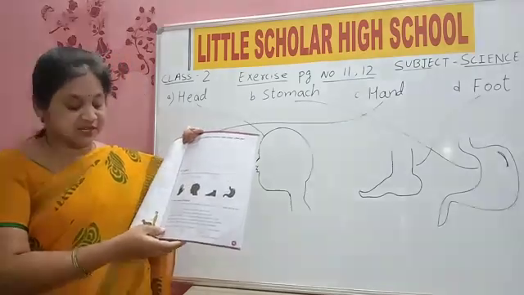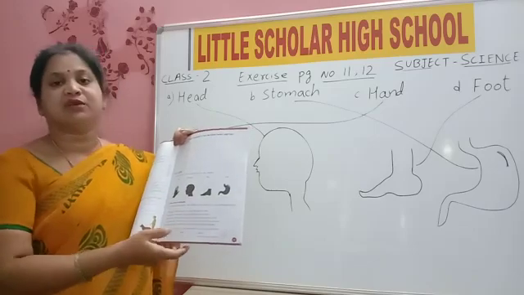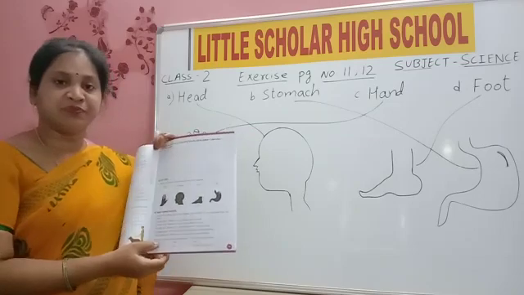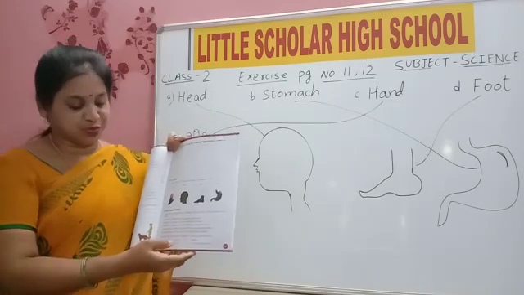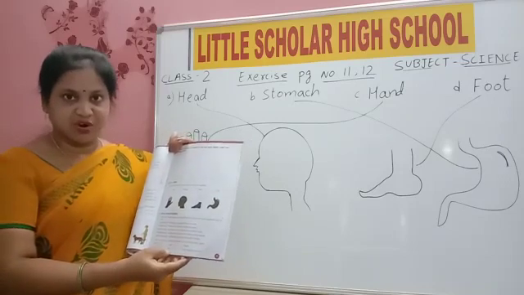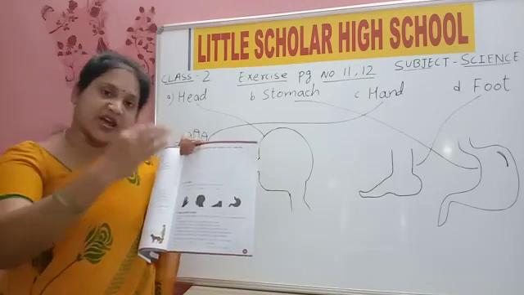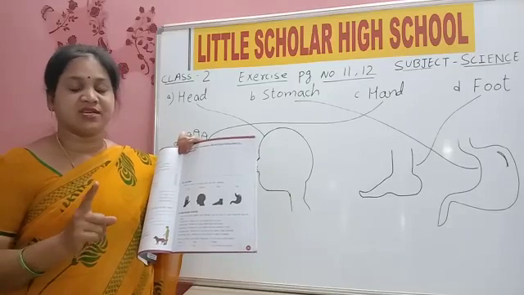So we will tick here. See, whom do you like the most important? Are eyes only important for you? No. Are only ears important for you? No. Is nose only important for us? No. Is skin important for us? No. Is tongue important? No. All these five are important to us, not one. Not one sense organ is important for us.